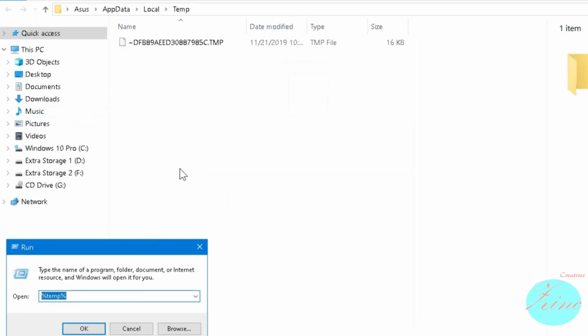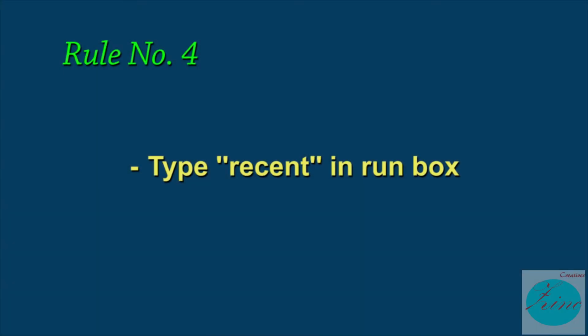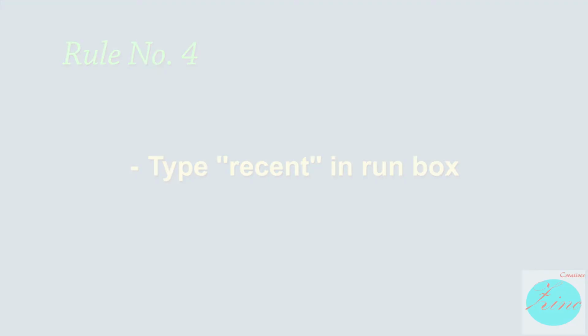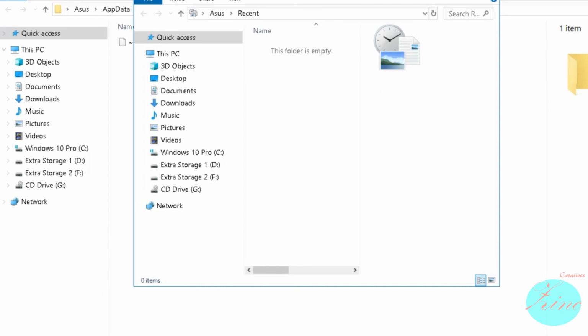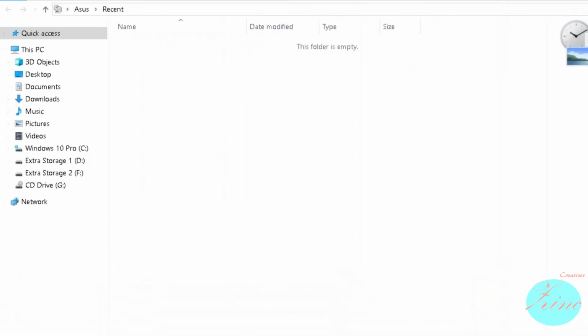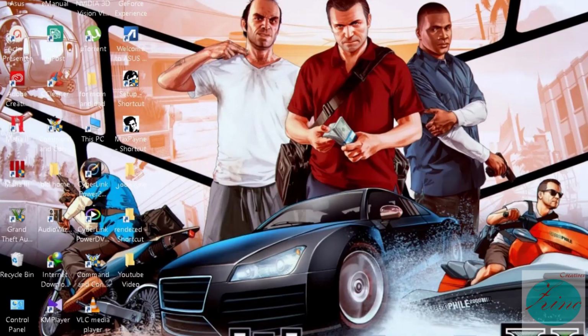And the last one is recent. Type recent in the Run box, and you see, in my computer I have no files, but if your computer has some recent files, you have to delete them. Okay,